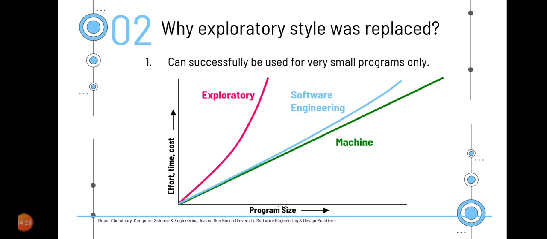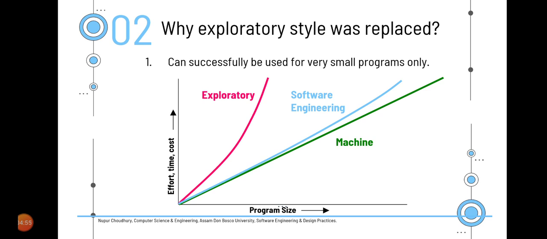But this does not happen when you use software engineering approaches. There is almost a linear increase in the effort, time and cost as compared to the program size when you consider the software engineering graph that I'm talking about, the blue line in the graph. So if a 1,000-line program took a couple of hours, then a 10,000-line program will take only about 10 times of that and not 100 times or 1,000 times as compared to your